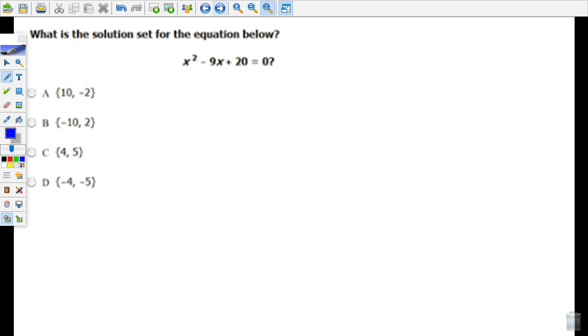Number 2, what is a solution set? So basically when it's saying that, it wants us to solve this. So let me go ahead and write it down again, because it is a little bit blurry. Plus 20 equals 0. Now there's actually 2 ways of solving this. Factoring would be the easier way, if you can remember how to factor. But we're going to stick with the quadratic formula, because it's going to kind of fit the theme of all